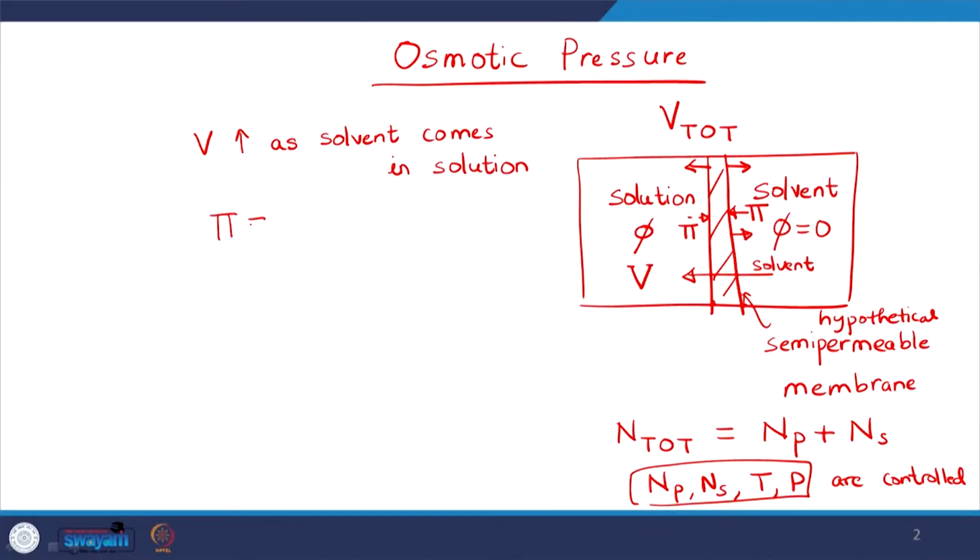So, therefore, we can say that there is some osmotic pressure of the solution,